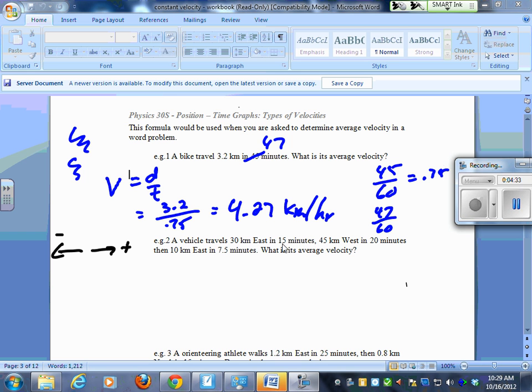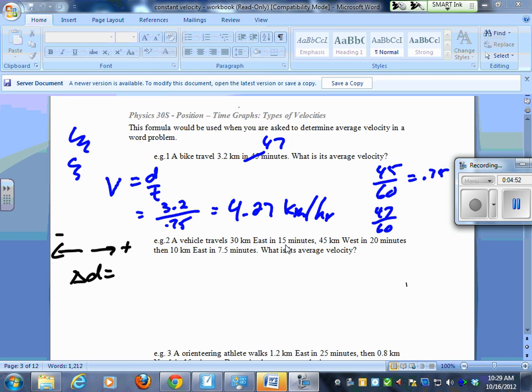Same thing here. This is 15 minutes. This is 20 minutes. This is 7.5 minutes. What if this wasn't 15 minutes? What if this was 17 hours? Well, clearly the 30 kilometers east in 17 hours would count more, right? So you can't just add up the 3 and divide by 3. What you have to do is find the